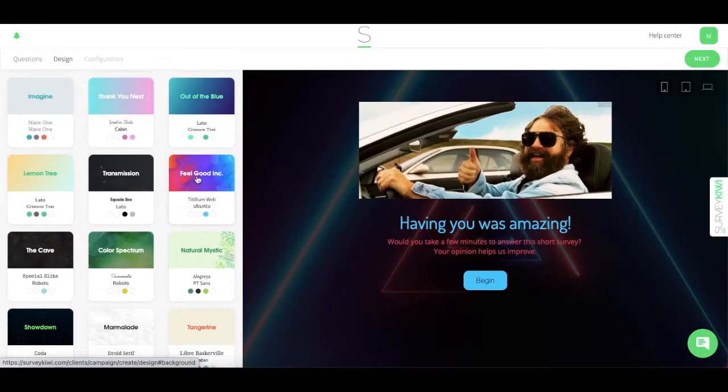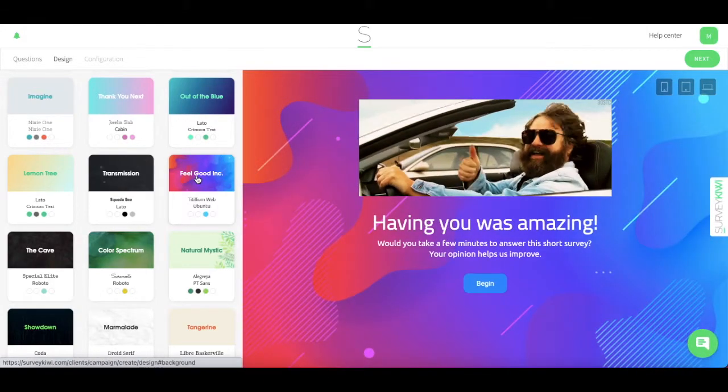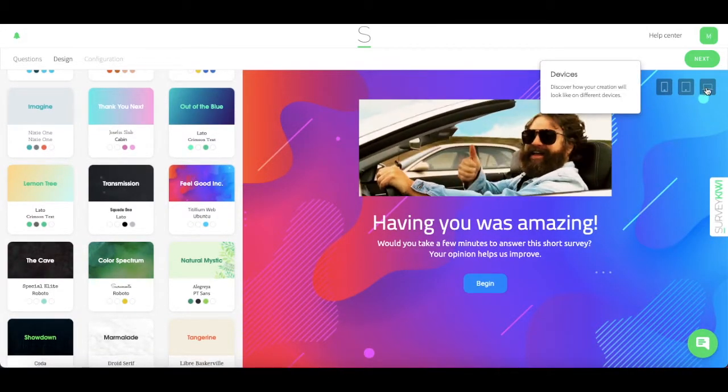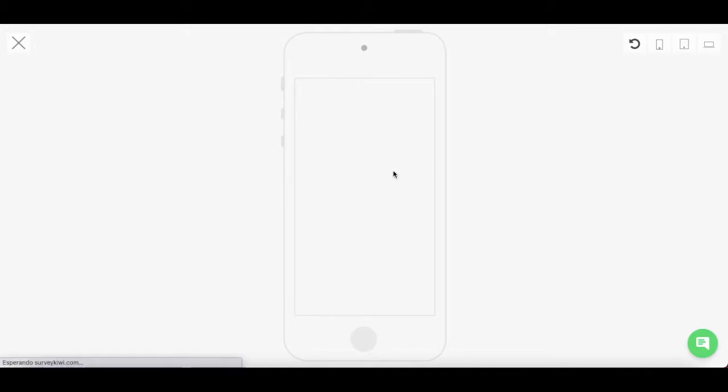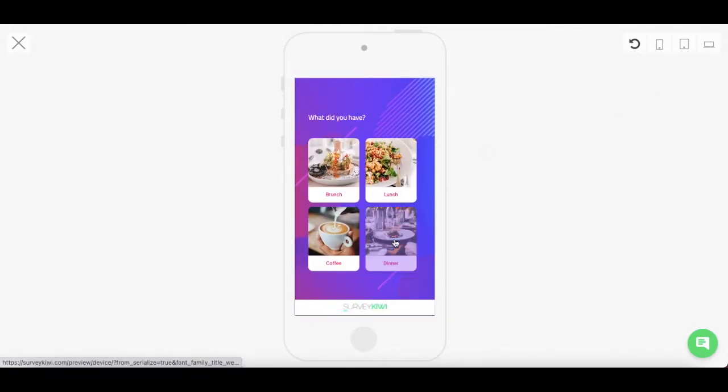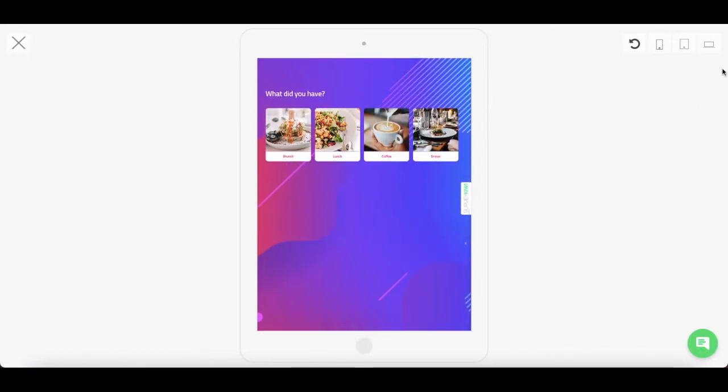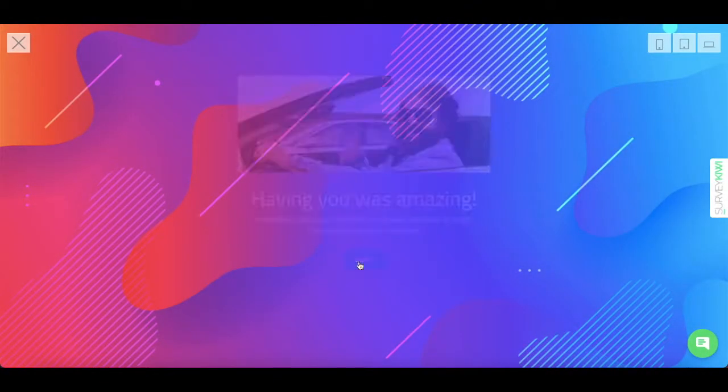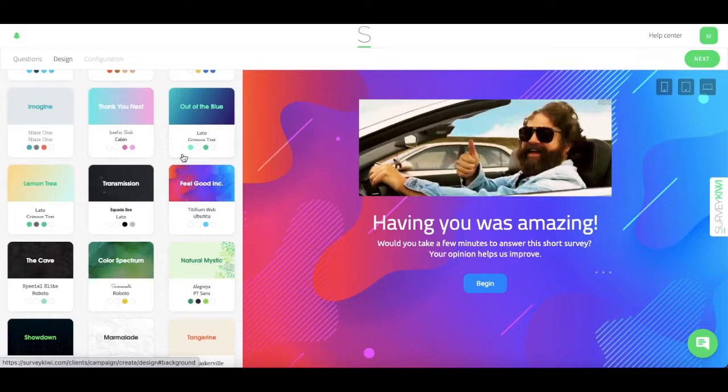By clicking on the option you like, you can pre-visualize how the survey will look with that particular design on the right side of the screen. Also, by clicking on the top right margin, you will be able to see how each theme will look on different devices. Underneath each predefined theme, you can observe some colored circles that reflect the font color of the title, subtitle, start button, and background.